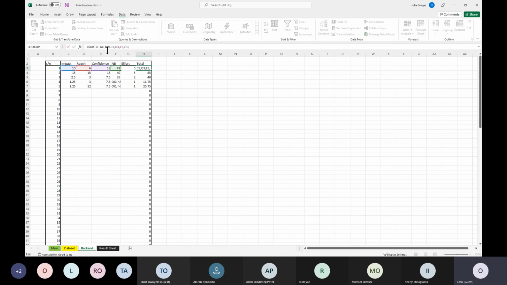So the subtotal essentially tells you, so this is the first code. As you can see here, I've selected 109, which essentially talks about sum. There are different options you can select. You can play around with this if you want to understand why 109 was selected. And then these are all the items on these individual columns that have been added.